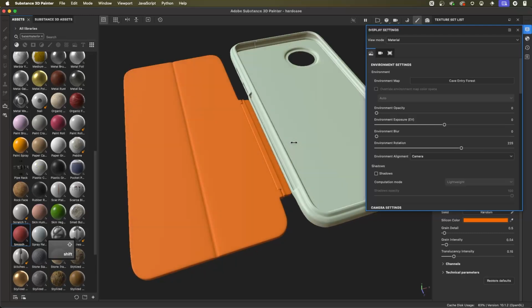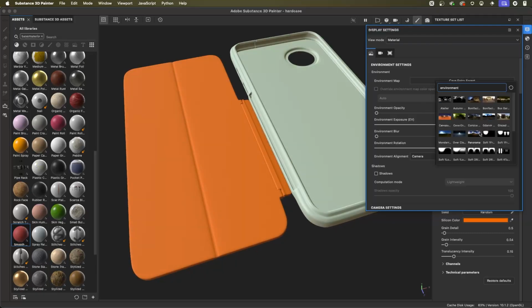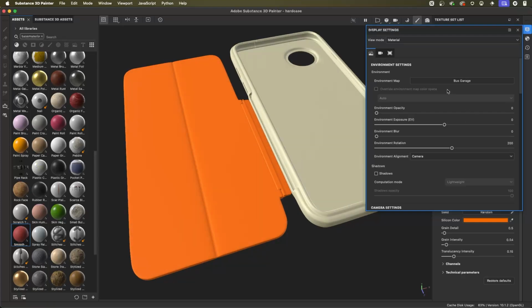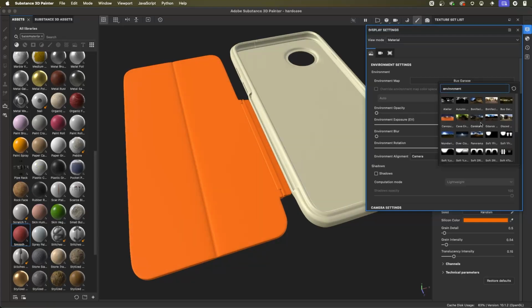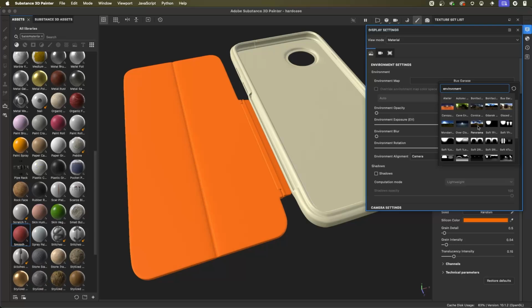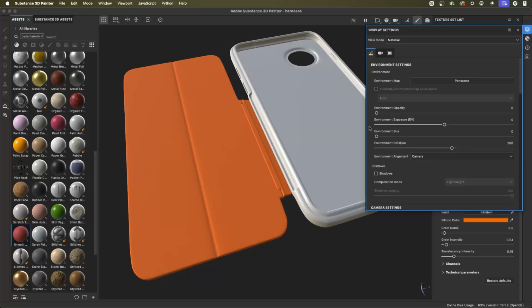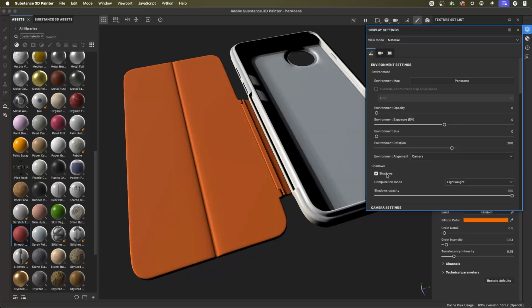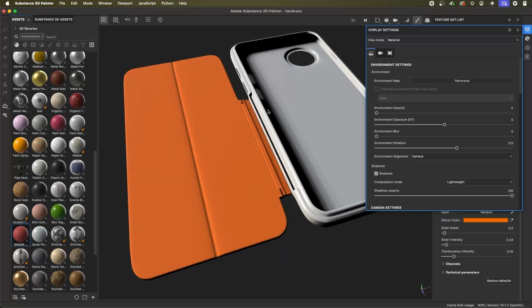So again, I can move my lighting around. We'll click this button. Let's try something like this bus garage. Again, you're just going to get different looks. So I'm going to set this back to this panorama, which is the default setting, so that we're all on the same page. You could also, if you wanted to, enable shadows, and this is going to render some shadows